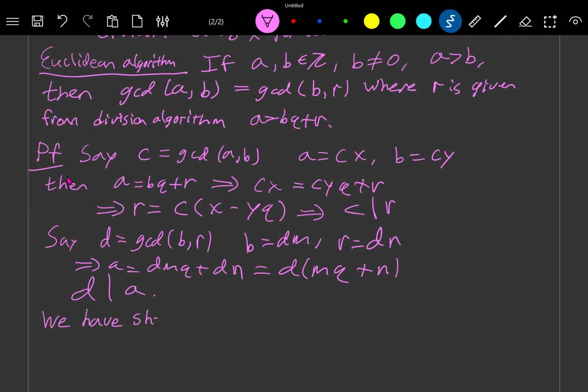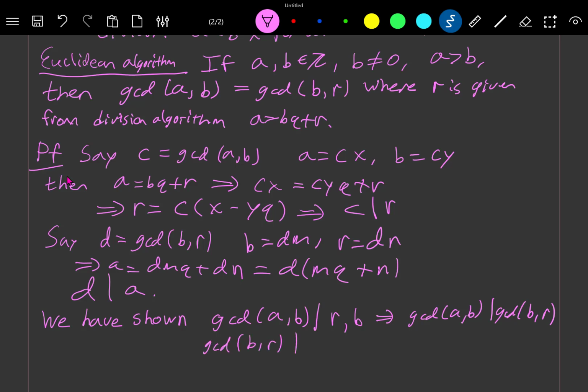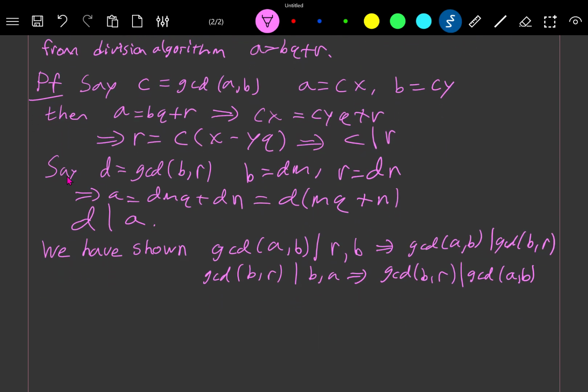So what we have just shown is that the GCD of A and B divides R, but it also divides B. So this tells us that the GCD of A and B divides the GCD of B and R. Similarly, if we consider the GCD of B and R, this divides both B and A, so the GCD of B and R divides the GCD of A and B. So, what we've just shown,